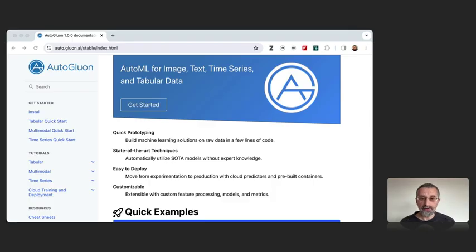So welcome to our next tutorial on architectures of AI systems. Today we are going to cover three topics. Firstly, basics of AutoML with AutoGluon. Second, data drift and model drift detection and model retraining. So let's start. As I already mentioned, there is a very interesting set of different solutions which enable you to